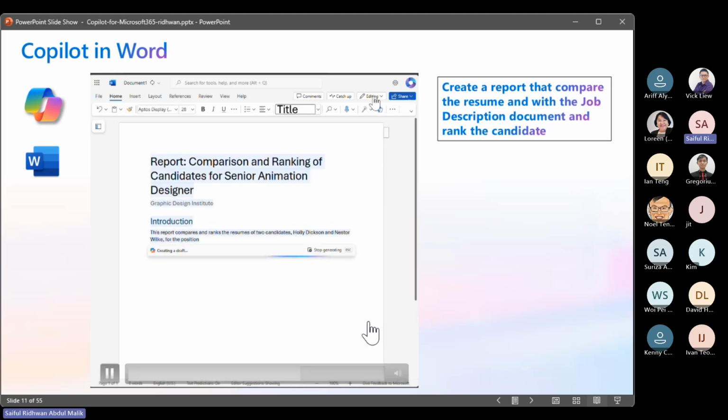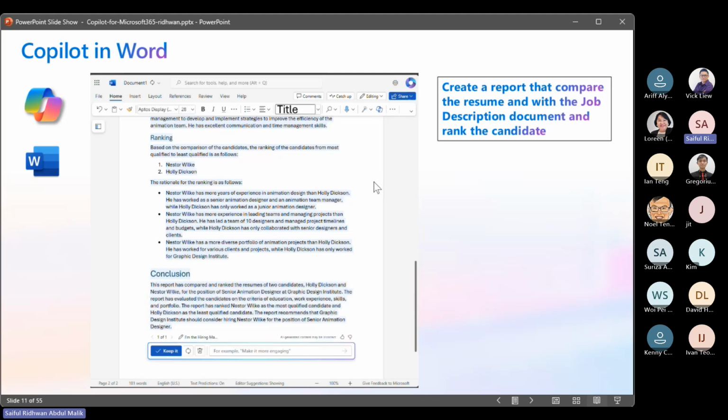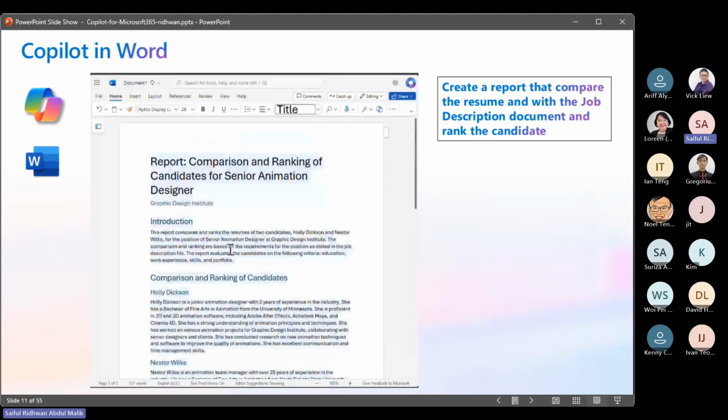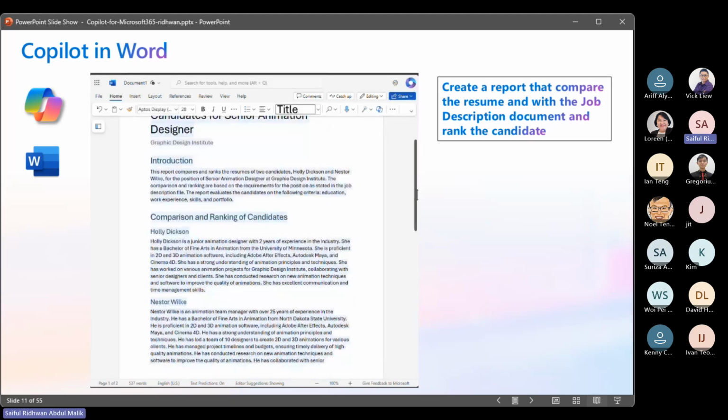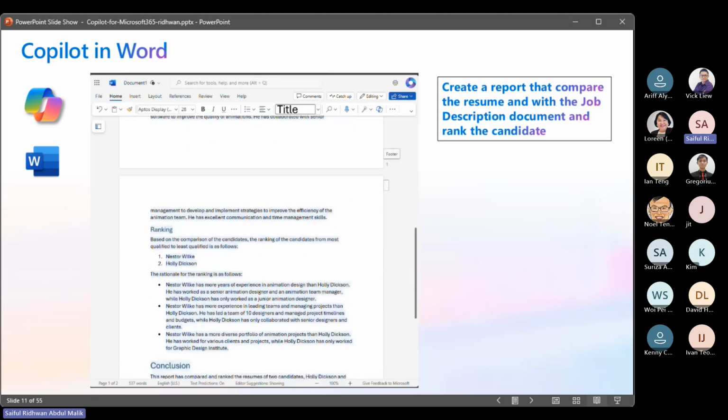So you can see now the Copilot is able to generate a report and give a ranking based on the resumes given by these 2 candidates, right? It is able to go in and understand the education background of this candidate, the experience, and even the salary that they are asking for. And you can actually validate the rationale behind this particular ranking. So it actually explains here,